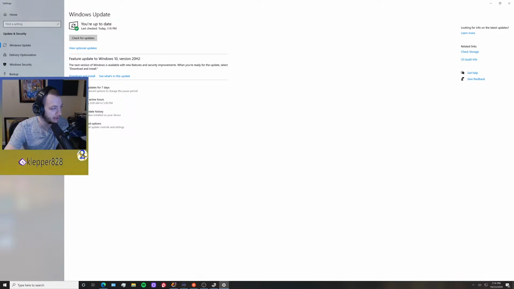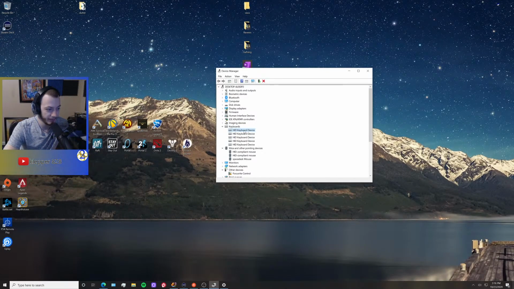Yeah, the next version of Windows is available with new features and security improvements. When you're ready to update, select download and install. I'm worried because a second ago it looked like it was going to say I need to restart my computer, but now it's not saying that, so I don't know. I guess I could uninstall the device, but I don't know if